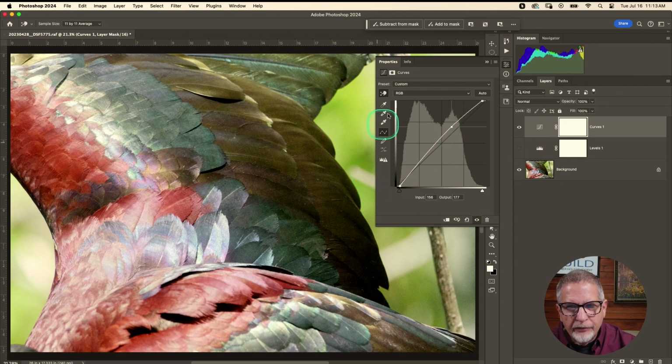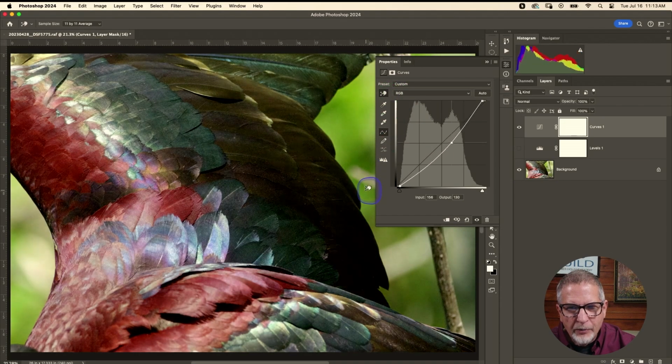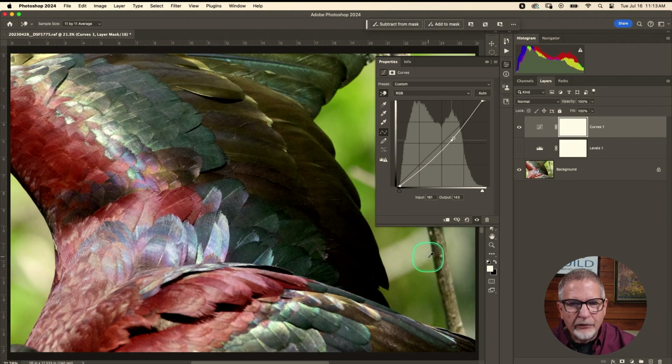Now I can just use this point. If I undo that, I can just use that point and go up and down on my curve until I get the color that I like and say, yep, that's the midpoint that I want to use. So we can have just the one point like we would in a levels example, but we also have the ability to adjust other portions of this curve, which is the real strength of a curve,